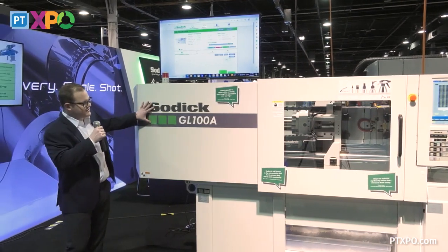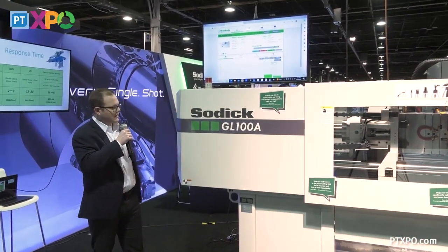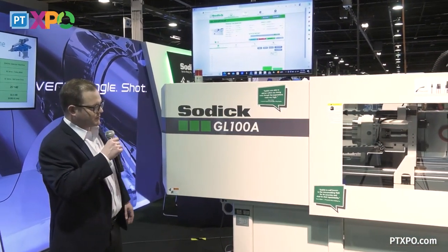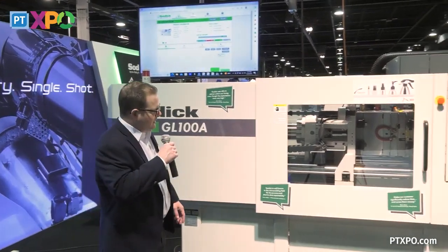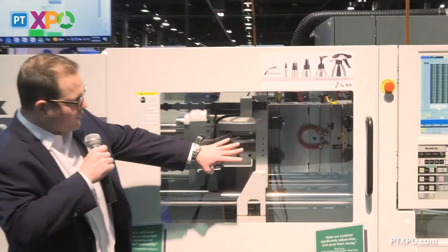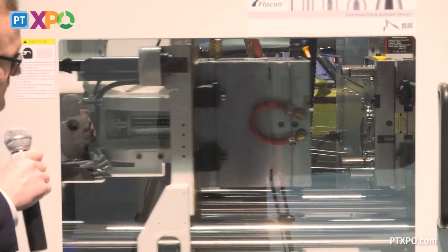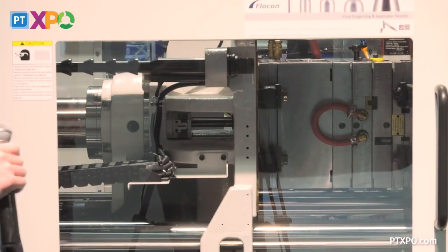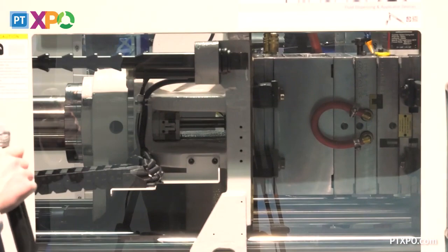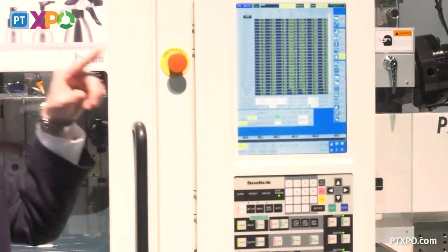On the machine side, what we've got here is our GL100A press. It's a 110 US ton, so you can see a fairly nice footprint for a 100-ton machine. And what we're running here is a 4-cavity hot runner tool, just a polypropylene material. So nothing crazy in terms of materials. I know a lot of times we run an LCP or a PEEK or something like that to showcase that. But what we're really trying to showcase here,